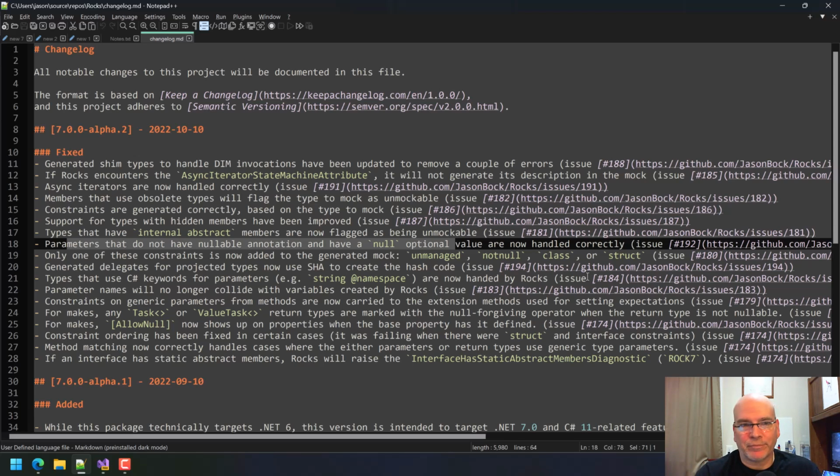This last one, this was a lot of fun. Generated shim types. So when I originally put in support for DIMs, that you could basically call back to a method on an interface that actually had an implementation, I did it for a very simple case. This was a big reminder that if you think you solved it, you have to make sure that you're solving it for all the cases. And I clearly wasn't. There were a lot of complex cases that I ran into with base types and yeah, it got very confusing.